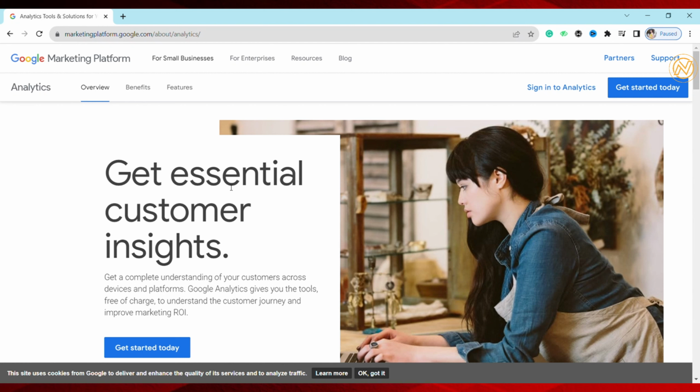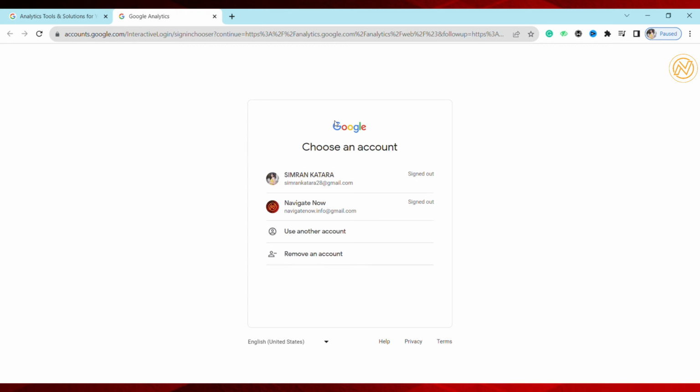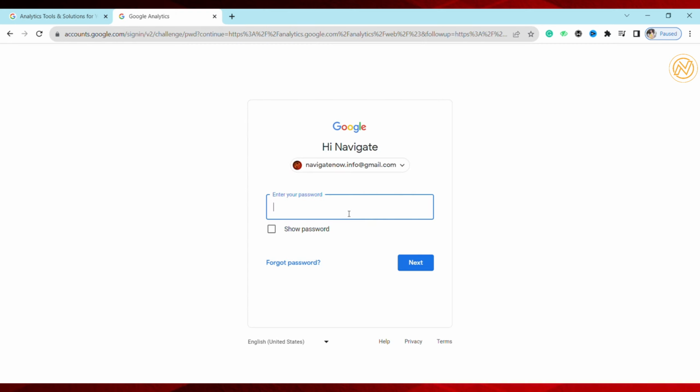marketingplanners.google.com and it will take you to this page where you will have two options. Either you can sign into your analytics account if you already have an account, and if you don't have an account, just go ahead and click on get started today, and it will take you to this page where you have to basically create your account using any ID that you want, or you can use another account or whichever you like. So just select an ID and just enter your password and just click on next,